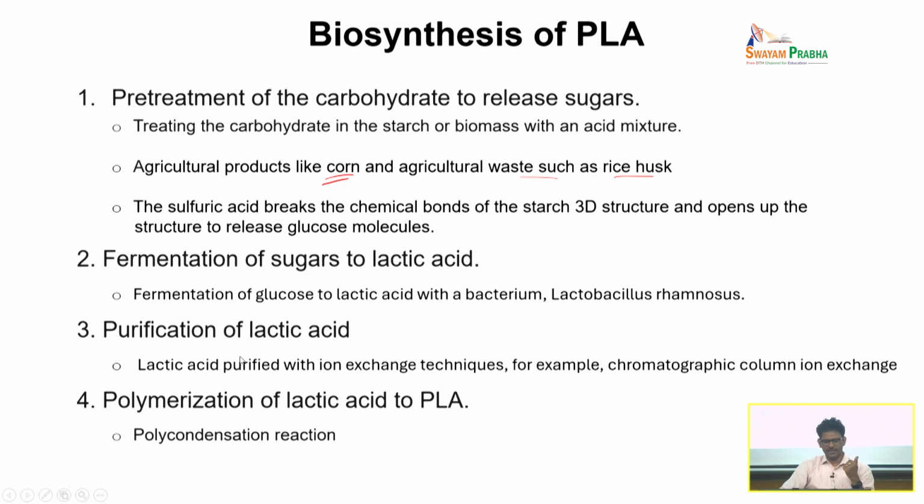Okay, then what happens is that you get a fermentation froth, which will have all kinds of things. There will be cells, there will be protein, there will be lactic acid, there will be salt, there is going to be a whole lot of other things. Okay, and how we are going to purify those things is a very critical step. Typically chromatography columns, ion exchange, precipitation, distillation, many other things are used for purifying lactic acid. And finally, as I said, if you want to do direct polymerization, you can do a polycondensation reaction to get PLA,